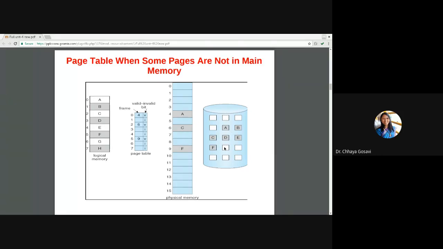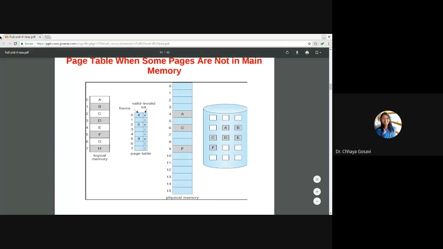If the page is available in backstore, for example in the D case, that is page number 3, which is not loaded in any frame, so it is not in main memory, invalid, but it is available in backstore, then we can swap in. But for a page like G, which is not in backstore, the instruction is aborted, right? And when you want to bring that particular page into main memory, you need a space to bring it into.